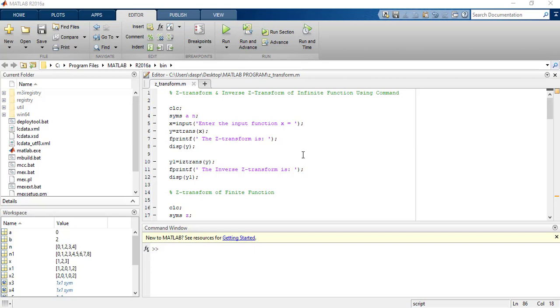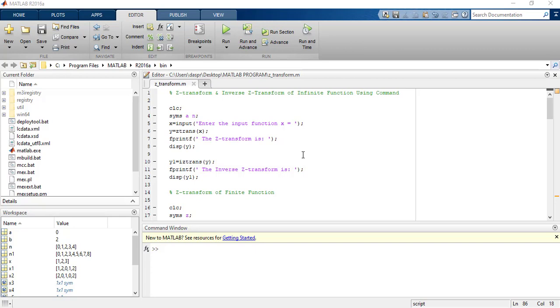At 0 I have 1, at 1 I have 2, like this. But if I say 2 to the power n, then you will start to think about where this function will start. In that way we can differentiate the infinite function and the finite function.